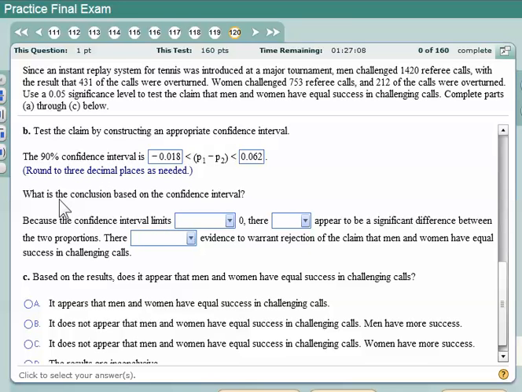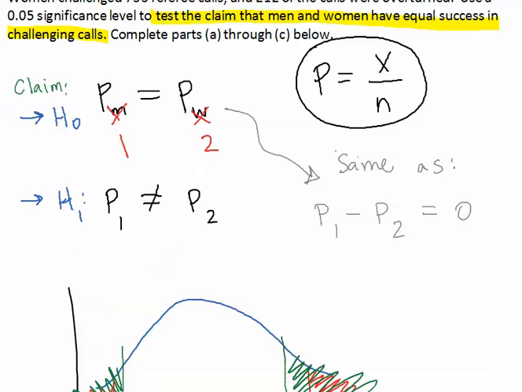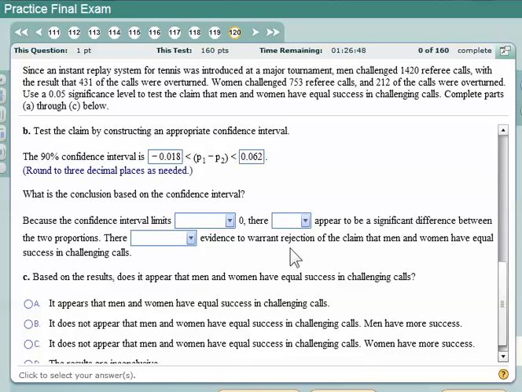And what is the conclusion? Okay, so we're thinking in a different mindset now. We're thinking, is their difference 0? Okay, so that's because saying that they are equal is also like saying that their difference is 0. Logically equivalent. So because the confidence interval limits contain or include 0, there